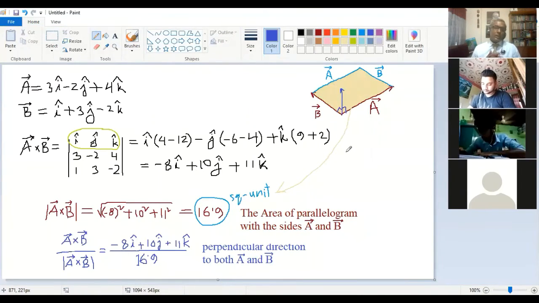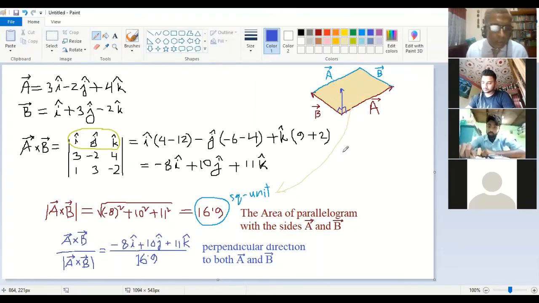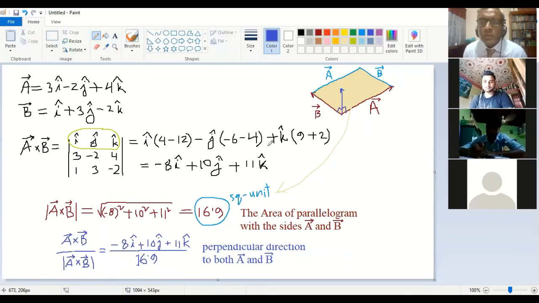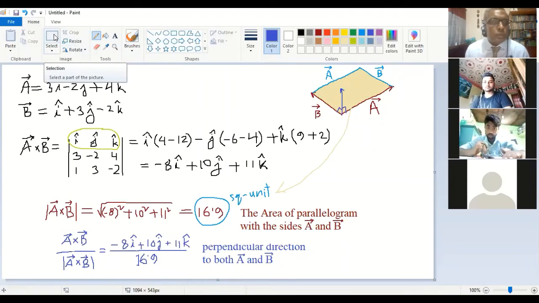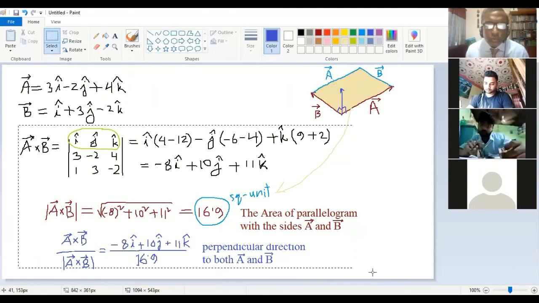Now I can talk a little on the projection because in the other class I did not do the correct calculation for projection. Okay, so that is all for cross product. Is that okay? Up to this, is it all right? Yes, sir. So let me talk a little about the projection.